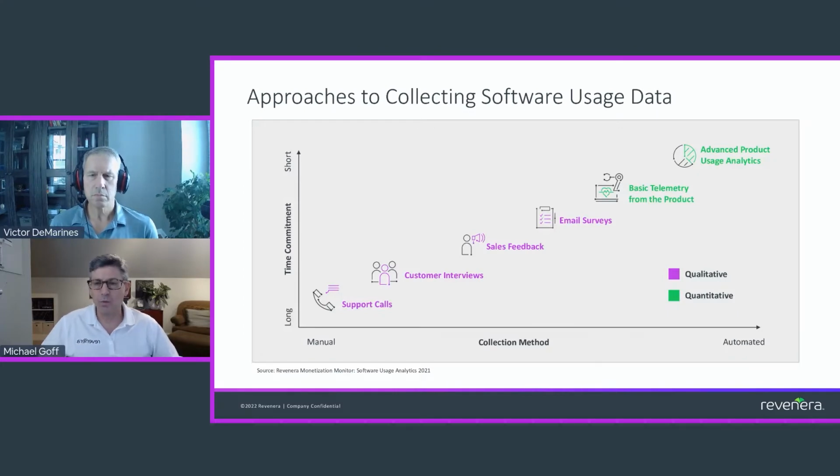Now, when we talk about usage data, there are different ways of collecting it. And we look at it on two different scales: the collection method, which can be very manual to very automated, and then the time commitment from very long to very short. And if you look in the lower left corner, you'll see support calls, and that is one type of usage data that you get. Of course, that data tends to be